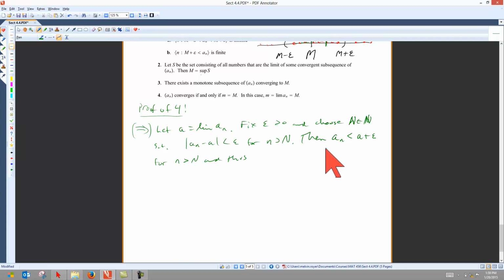All right. But if all of the tail of the sequence, these a_n's way out in the sequence, if all of these a_n's are less than a plus epsilon, so is the supremum of that set. Possibly equal to, but certainly no bigger than a plus epsilon. If we just recap what we've said,